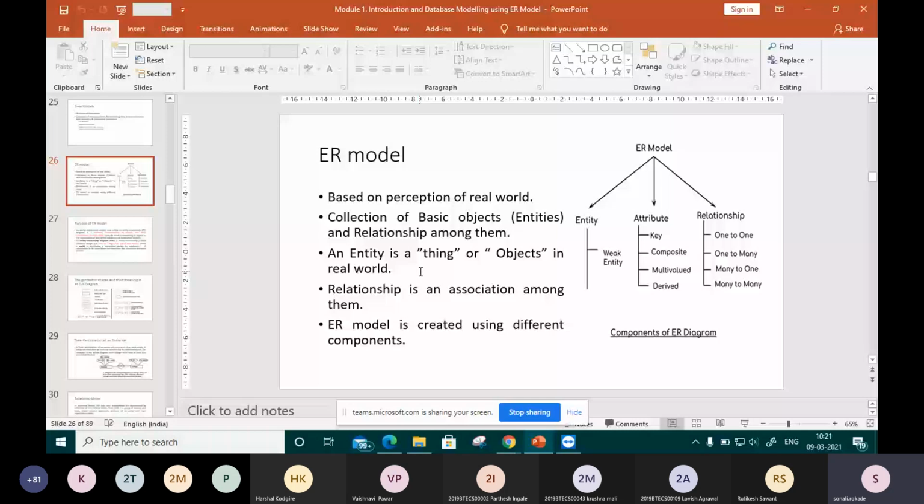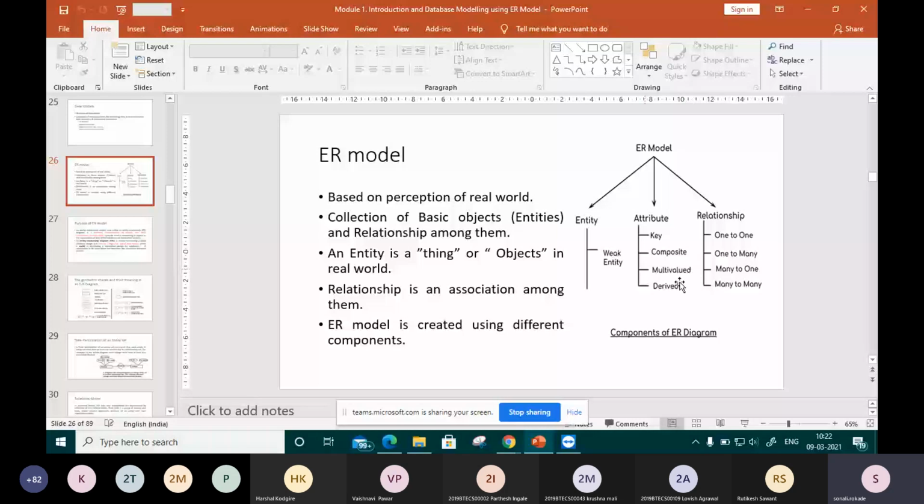So we can also say that it is the graphical approach to database design, as well as a high level data model. Why is it called a high level data model? Because here we have a number of components of the ER model: entity, attribute, relations. These constraints we will also see in detail in upcoming lectures.